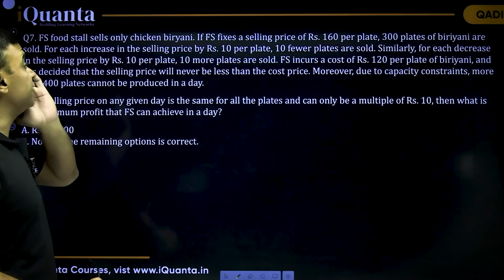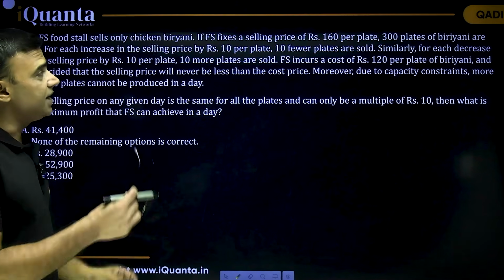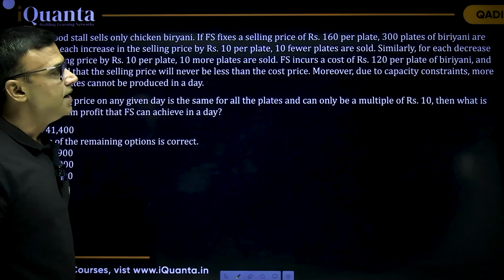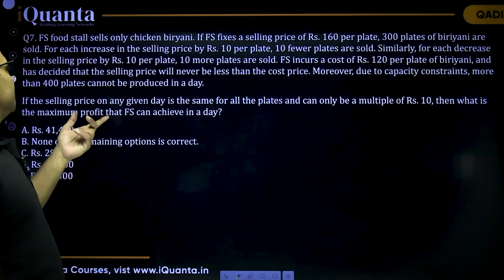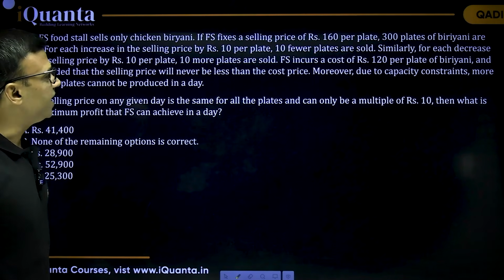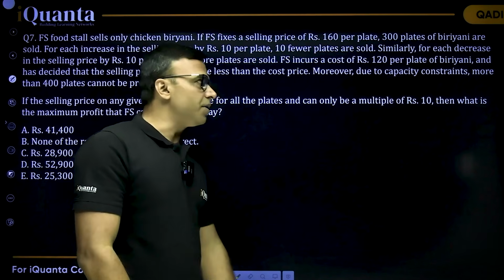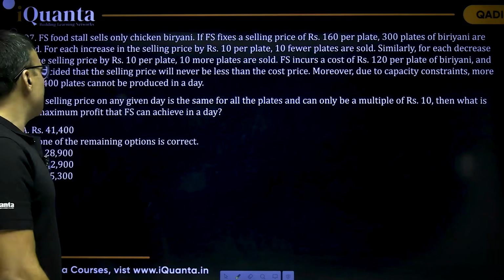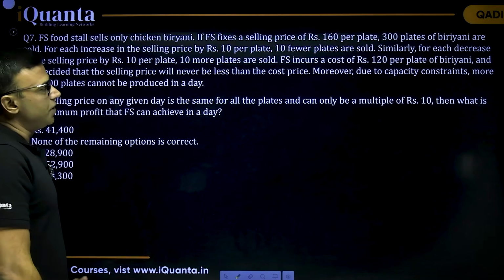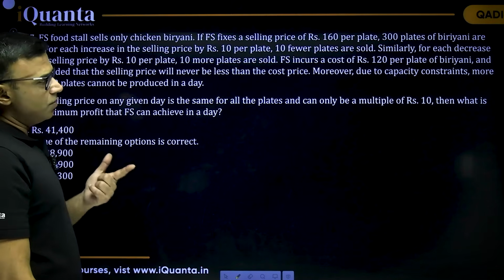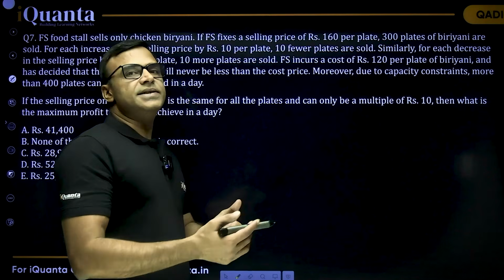For each increase in the selling price by rupees 10 per plate, 10 fewer plates are sold. Similarly, for each decrease in the selling price of rupees 10 per plate, 10 more plates are sold. FS incurs a loss of cost of rupees 120 per plate of biryani. Okay, right. So what we have to do here is, if I assume that there are X instances of increase